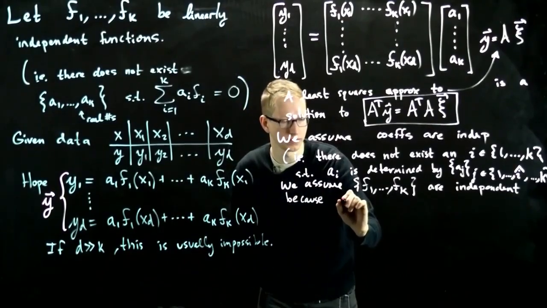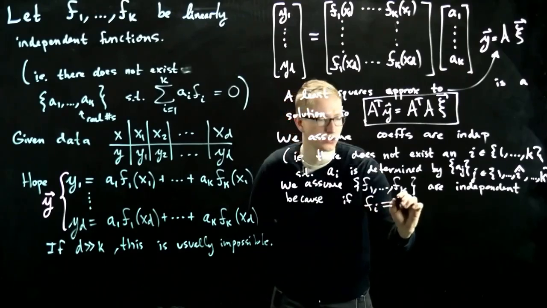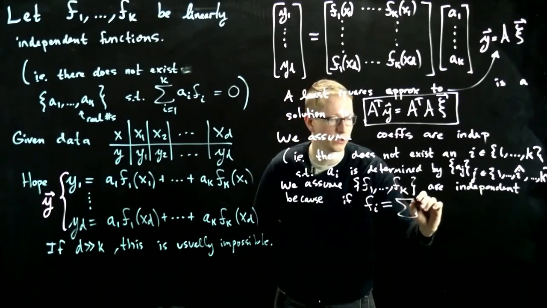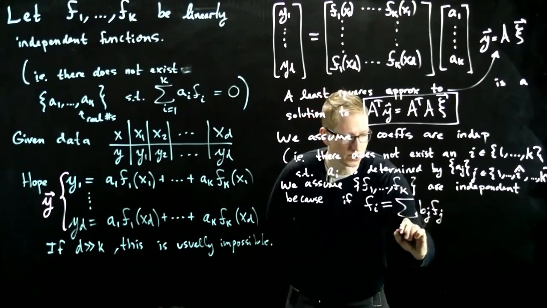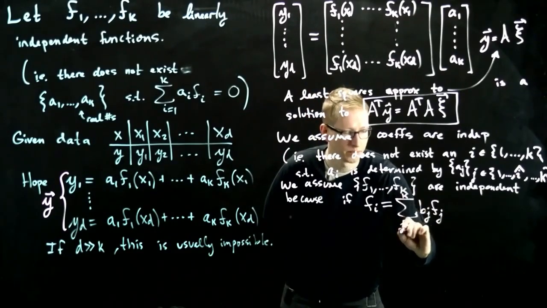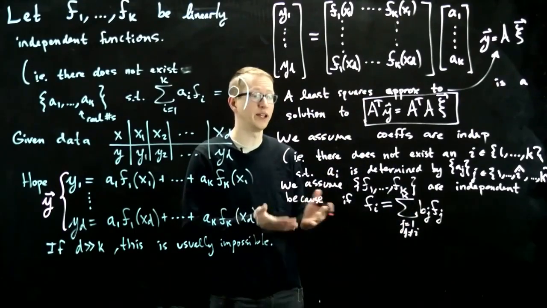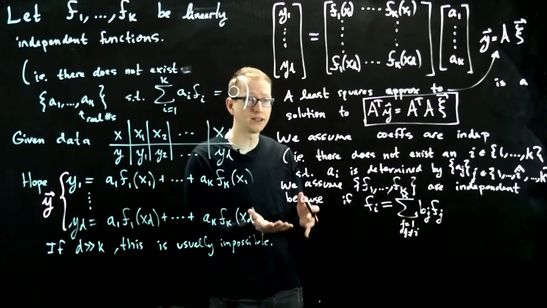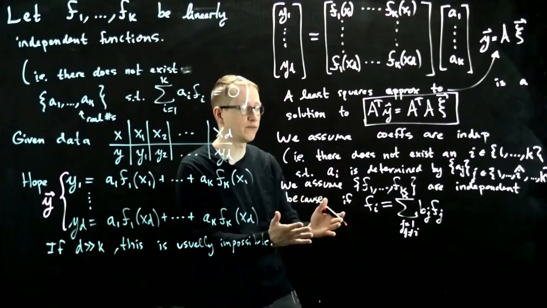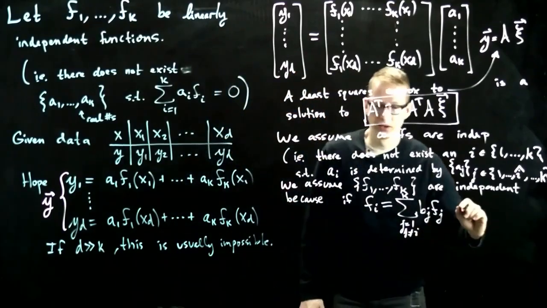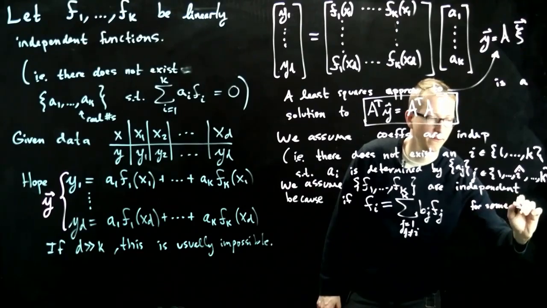Let's say fi is equal to some linear combination of the other ones, so bj fj, where j goes from 1 to k, but j is not equal to i. For these to be linearly independent, another way of saying it is that none of them can be expressed in terms of the others. So if that fails, at least one of them can be expressed in terms of the others. So suppose that for some numbers bj,